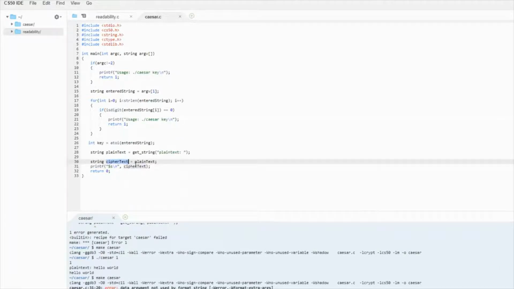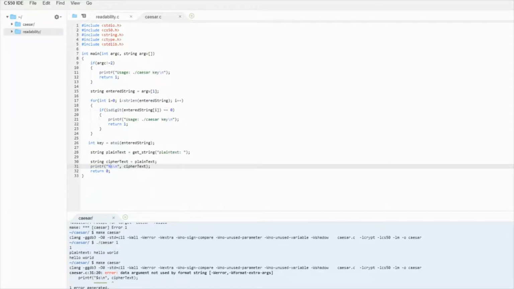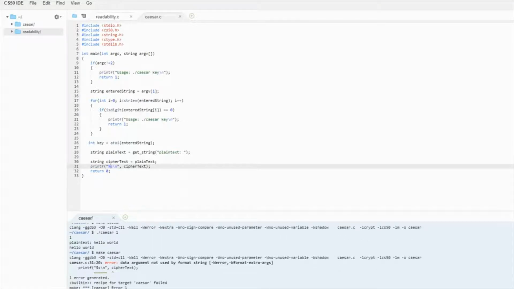Ciphertext. Let's see, formatted. Oh, because I used $ sign instead of %. Cool. And then I'm actually going to copy this because I know we will need this later.